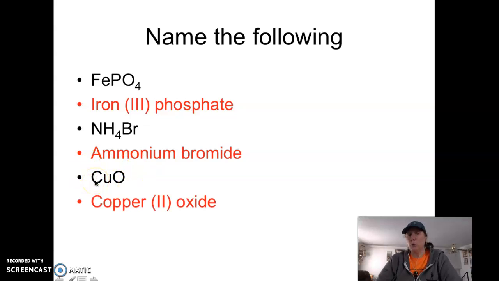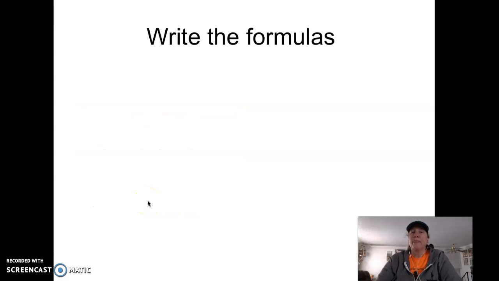So it'd be copper 2 oxide. Notice that this is never here. Okay, don't put the Roman numeral as a subscript. I used to tell my high school kids if they did that, I'd shoot them in the face. Okay, formulas. All you do for formulas is you write the symbols, you put the charges, and then